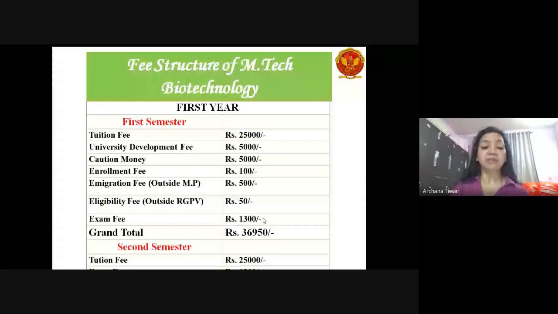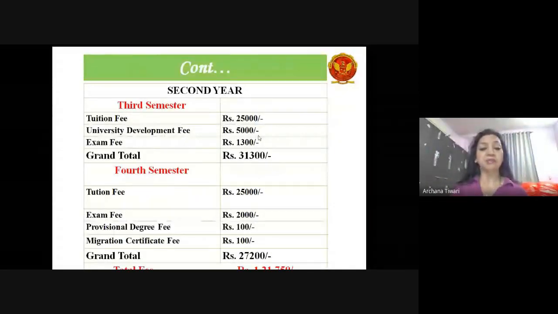But in the second semester, the fees are reduced because you have already paid the remaining fees in the first semester, one time in the course of 2 years, 4-semester course. Only tuition fees and examination fees you have to pay for the subsequent semesters, likewise the second, third, and fourth semesters. The total fees for the completion of the 2-year, 4-semester MTech Biotechnology course is